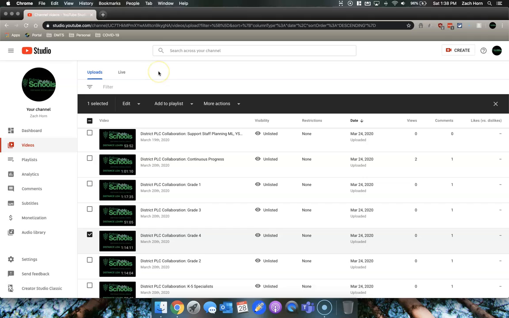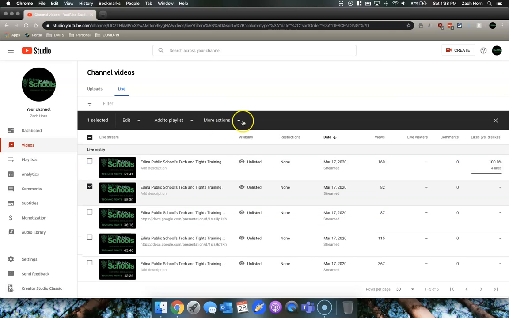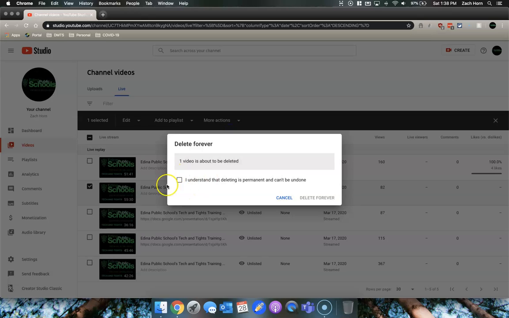Now, if this was an accidental live stream or something along those sorts, you're going to navigate to the live section, where you then can find all of your live videos. Make sure that you are selecting the right one. You're then going to check the box, click More Actions. Same thing, you're going to click Delete Forever. You would have to confirm that you understand, and then if you click this Delete Forever, it will be forever